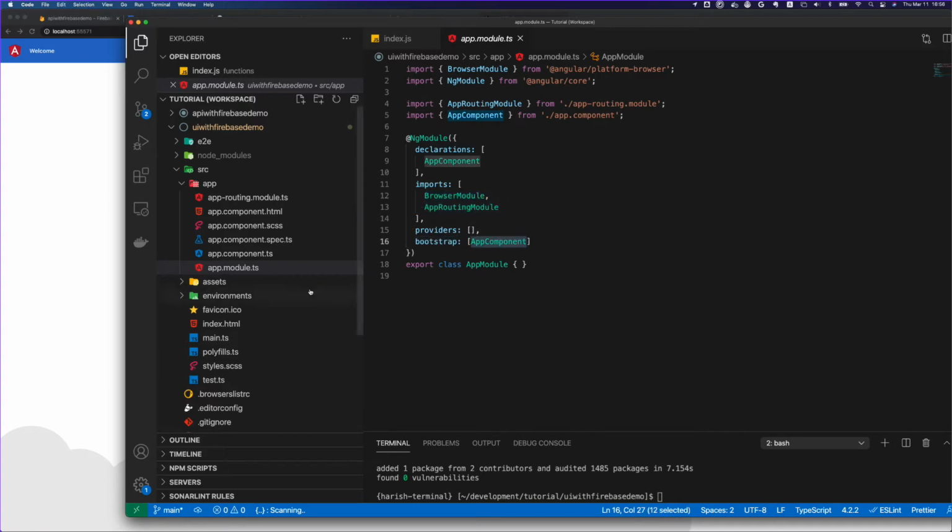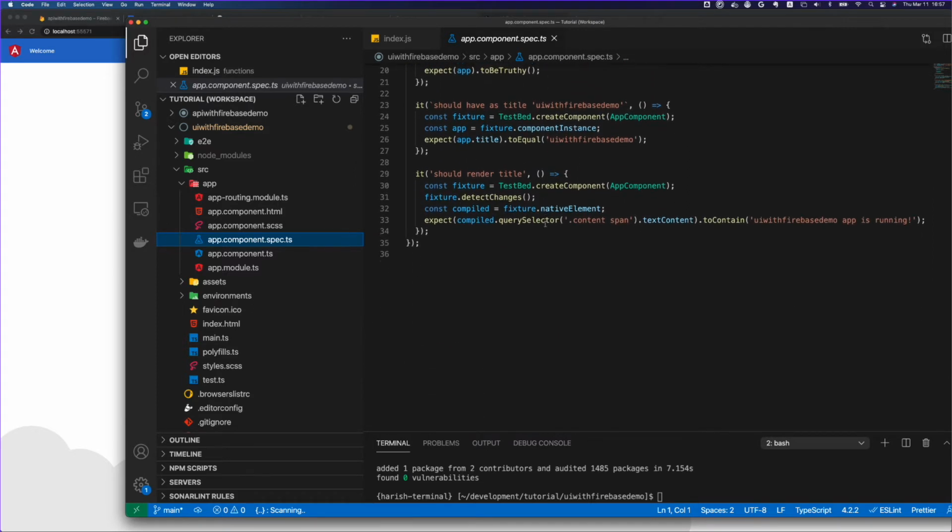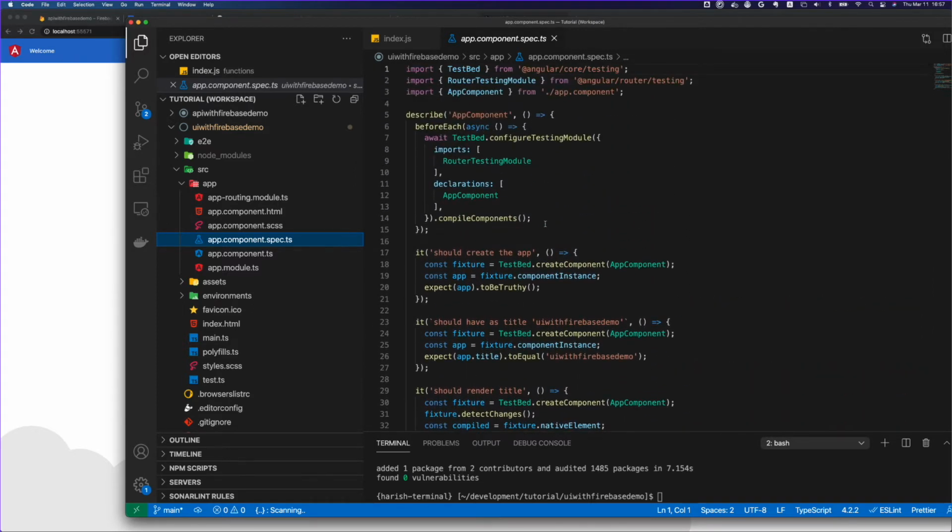So the app component is our starting step. And there is something called .spec.ts.